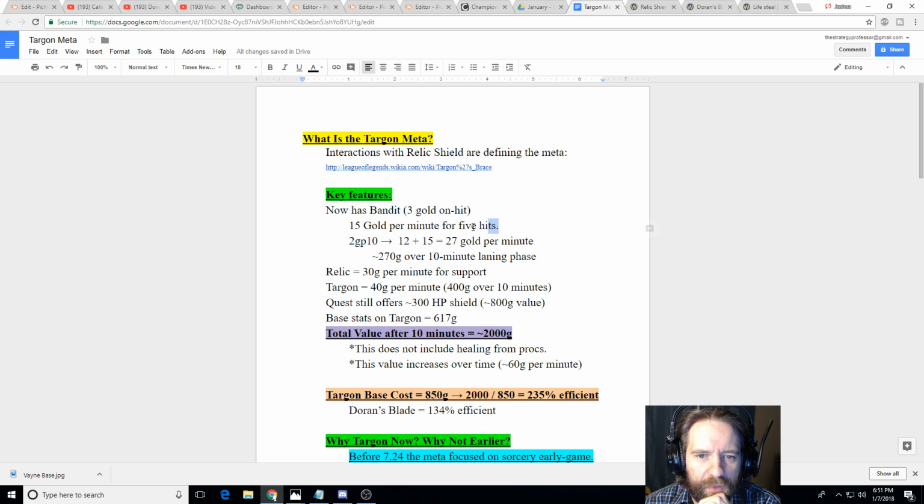So 15 gold per minute would be for 5 hits. You get the 2 gold per 10 that's built into the item. So, 2 gold per 10. There's 6 10-second increments, obviously, in a minute, and so that's going to be 12 gold. You get your 15 gold from hits, and so that ends up being about 27 gold per minute on average